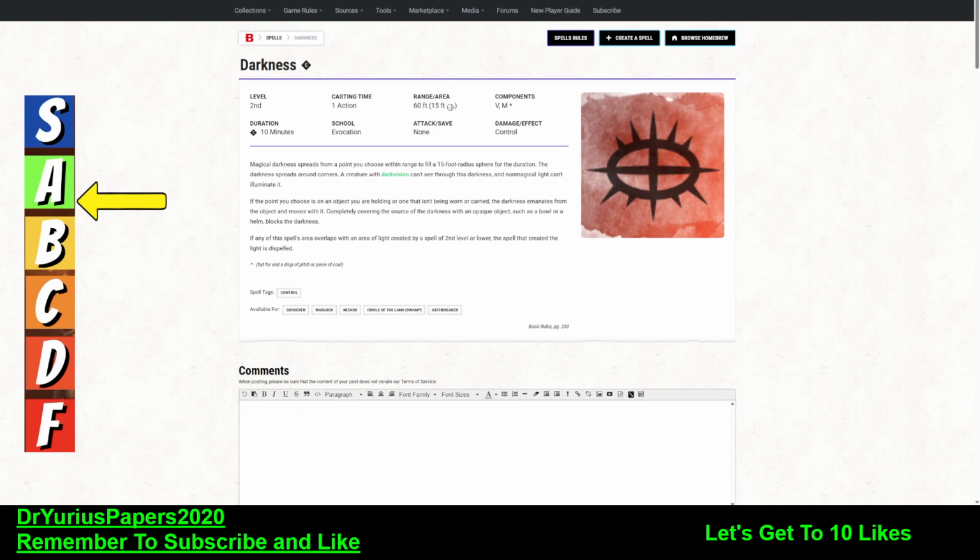It is usable by sorcerers, warlocks, wizards, Circle of the Land, Swamp, Druids, and Oathbreaker Paladins. Bards are not on our list of spellcasters, and neither are clerics. Not sure why the cleric. There's a couple cleric domains that probably could be, but they're not. But anyway, it's